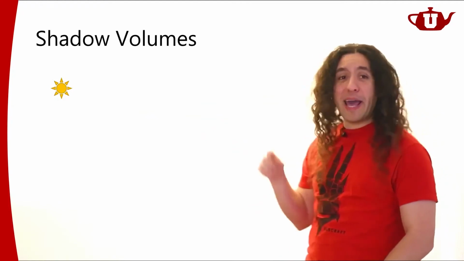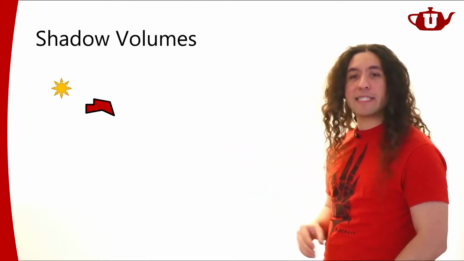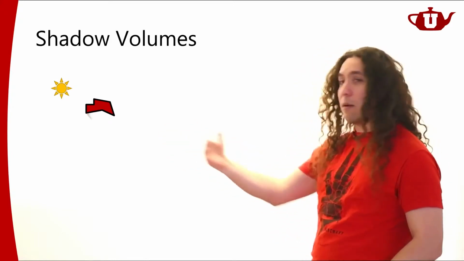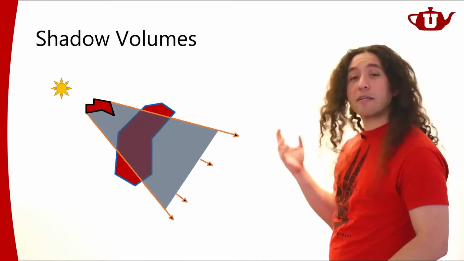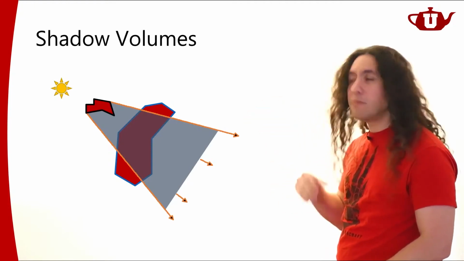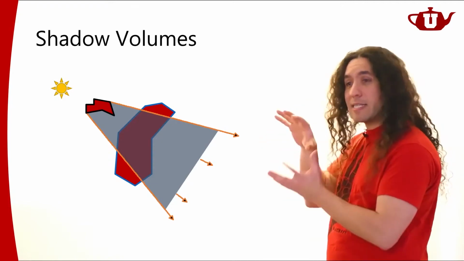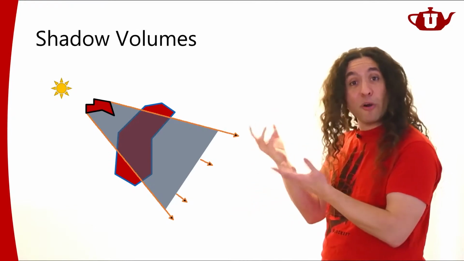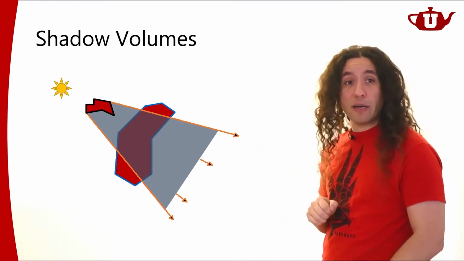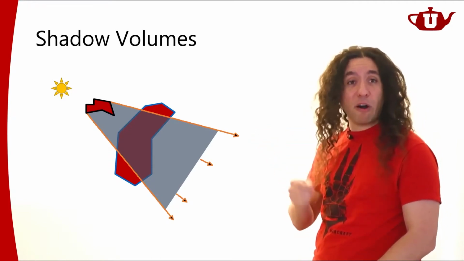Now, imagine that I have this point light source, right? And I have some object in the scene. This object will be casting some shadow into the scene, right? So things that are behind this object will be in shadow, obviously. So if I have another object that's inside this shadow volume, it's going to be in shadow. So the whole concept of this is tracking these shadow volumes and checking if the point that I'm shading is inside the shadow volume or not. That's what we're going to do. So given a point, I would like to be able to tell if it's inside a shadow volume or not.